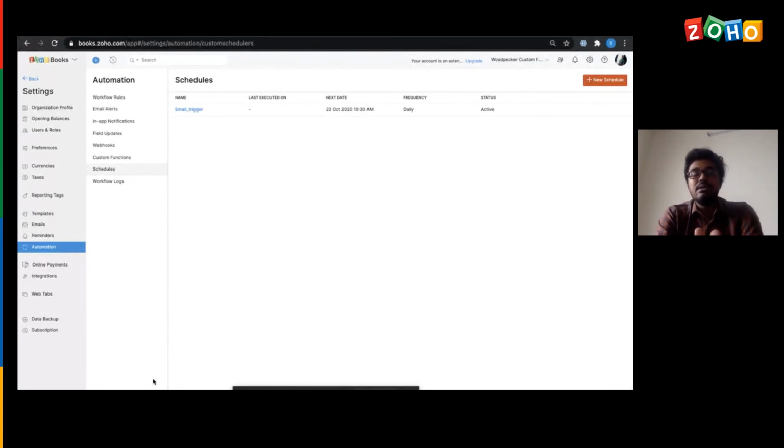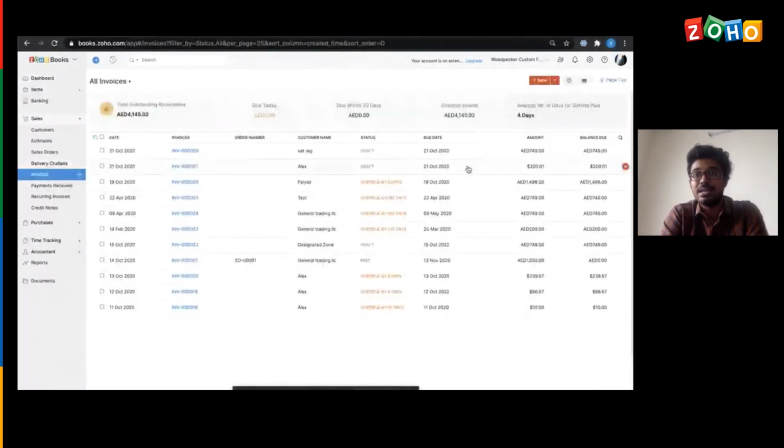So let's see. We have configured all these workflows. We have set up custom functions to get all our requirements automated. But where can I see whether all these got executed properly? As I said earlier, the only way through which we could view this is under the comments and history section of a transaction.